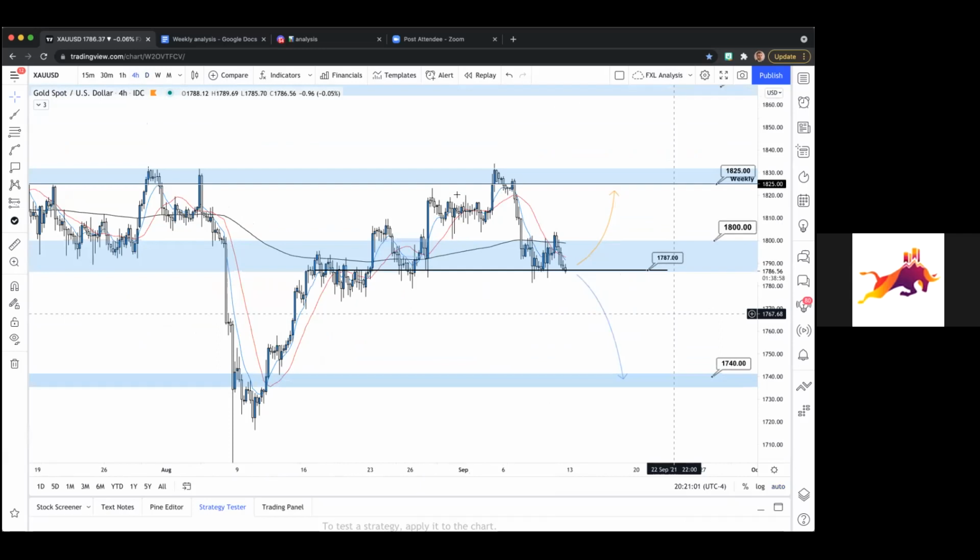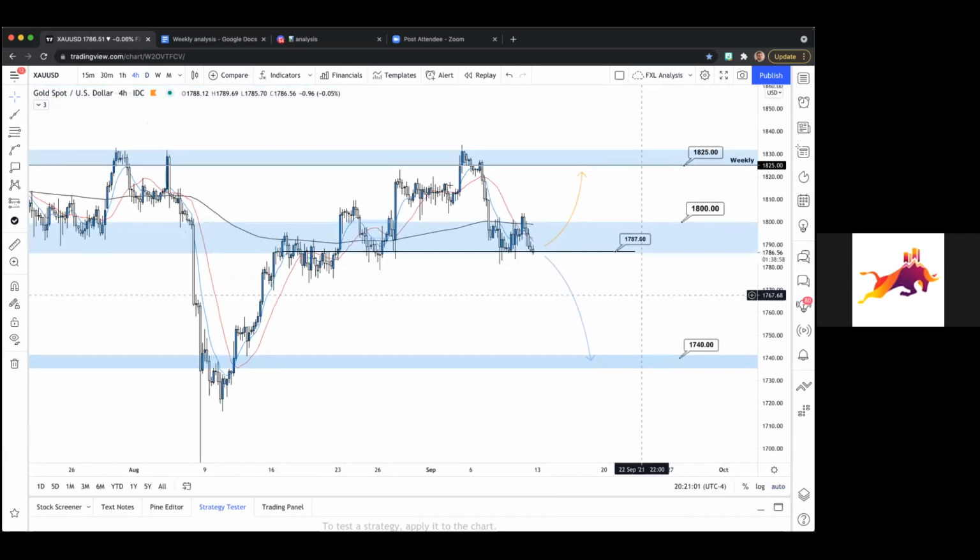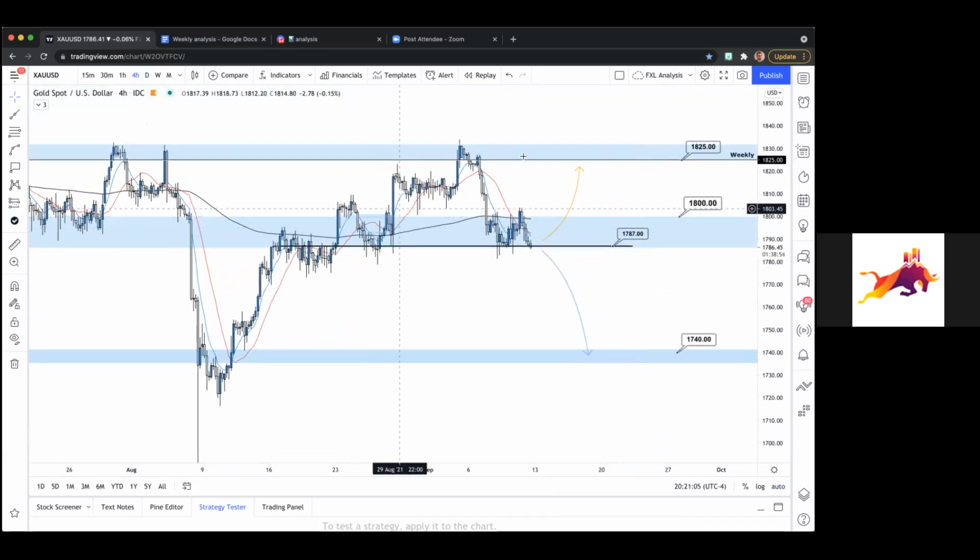Okay, so we did have a nice bullish 4 hour trend, right? Higher highs, higher lows, we're moving higher. We expected the reversal at 1825. It happened, and now it shot all the way back down to 1800 rather quickly. So this is more or less a transition here of the 4 hour trend. Okay, so the 4 hour is pretty much bearish. So it's likely that it will continue as we're seeing right now.